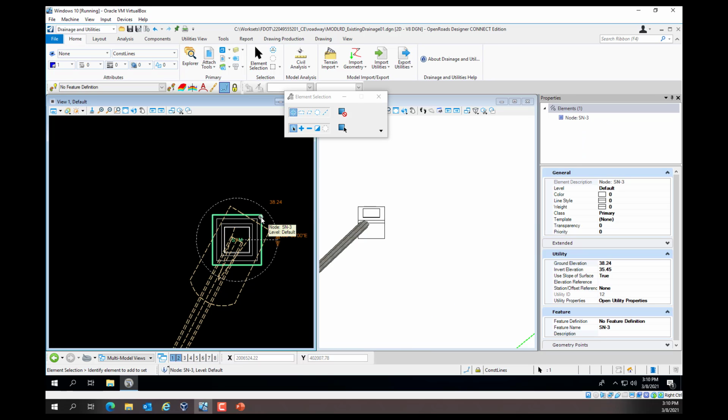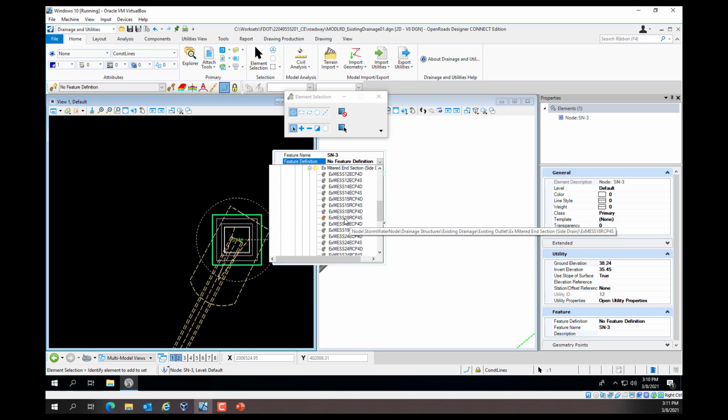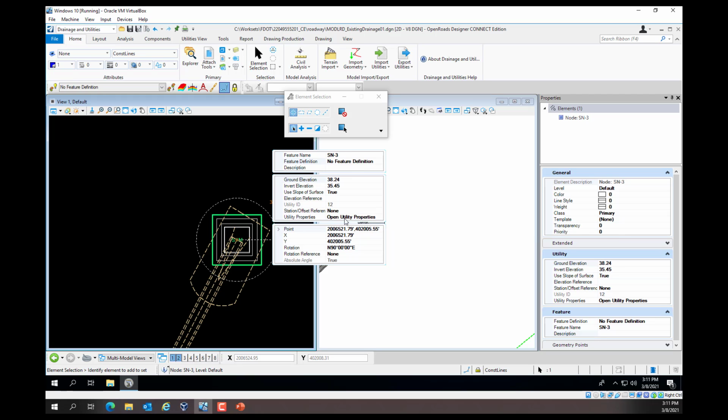So our node, select it, then hover over it to bring up the context menu. Select the properties, set the feature definition: stormwater node, drainage structure, existing drainage, existing outlet, existing mitered end section for side drains. We'll pick the existing mitered end section for 18, RCP 4S.